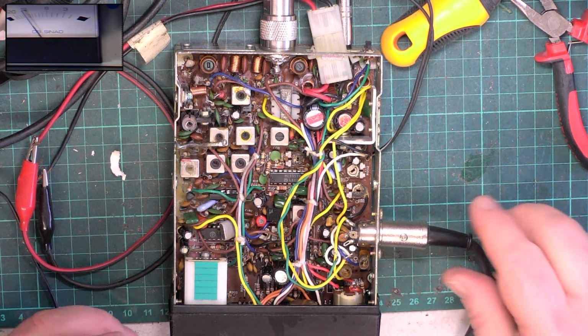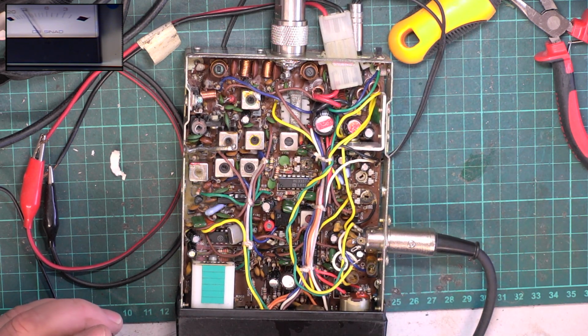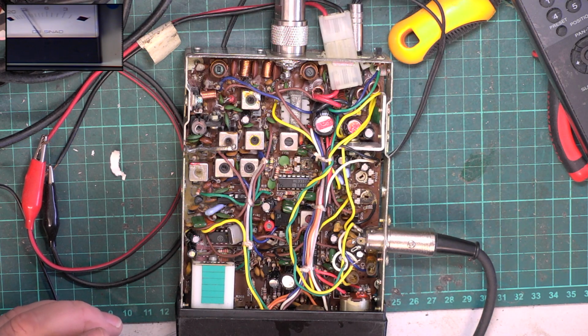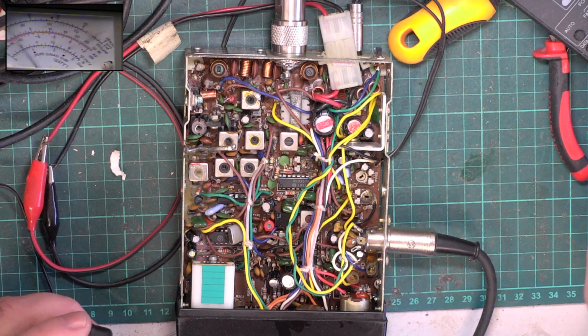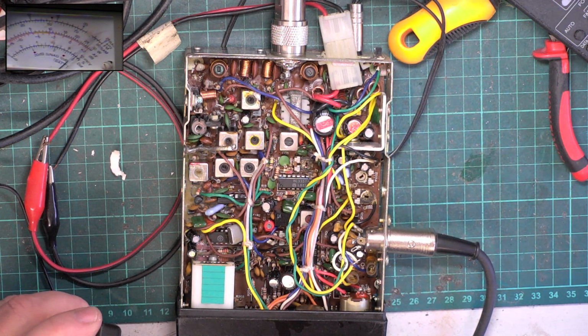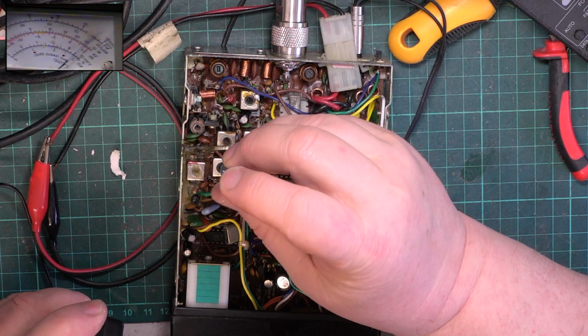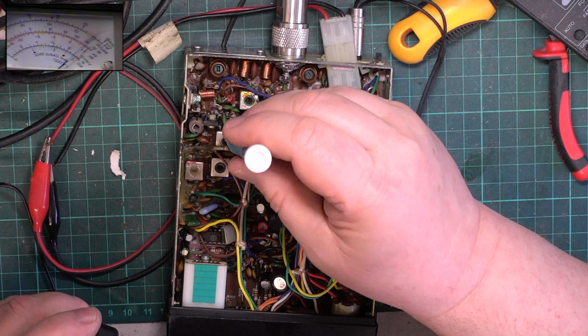Without cross-referencing it with my previous job, we'll have to just find our way through what's what on transmit. So, see, we'll start off on the 3 watt scale. That's probably going to be